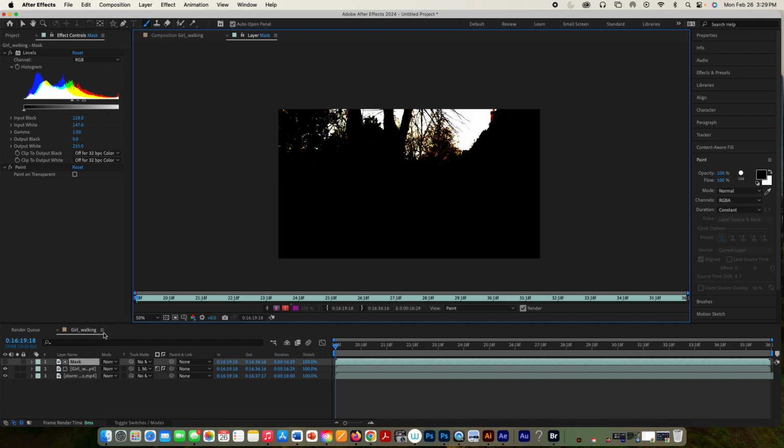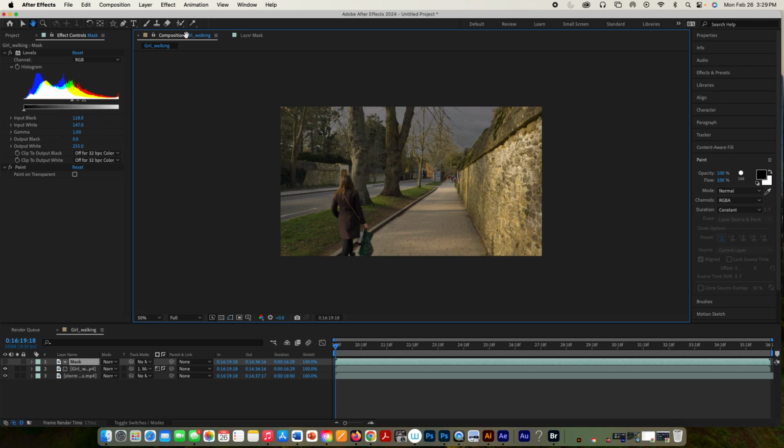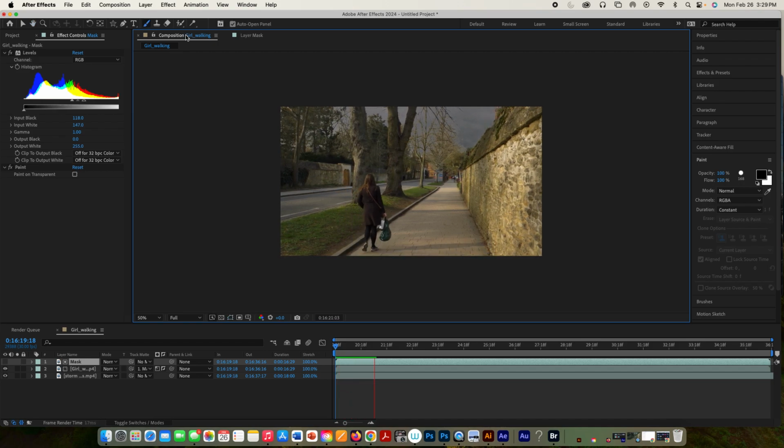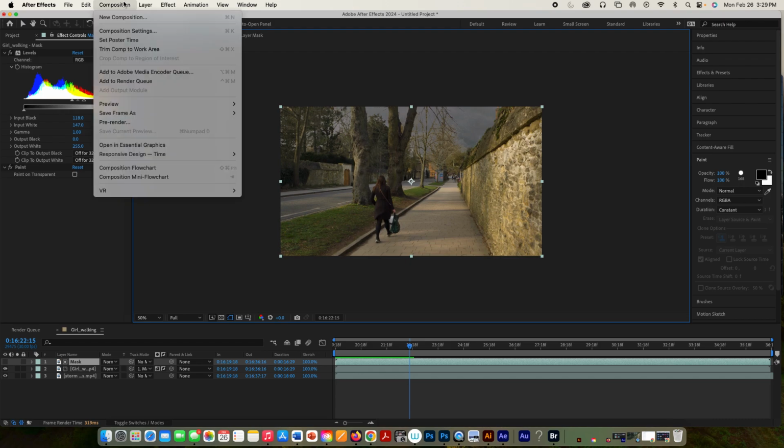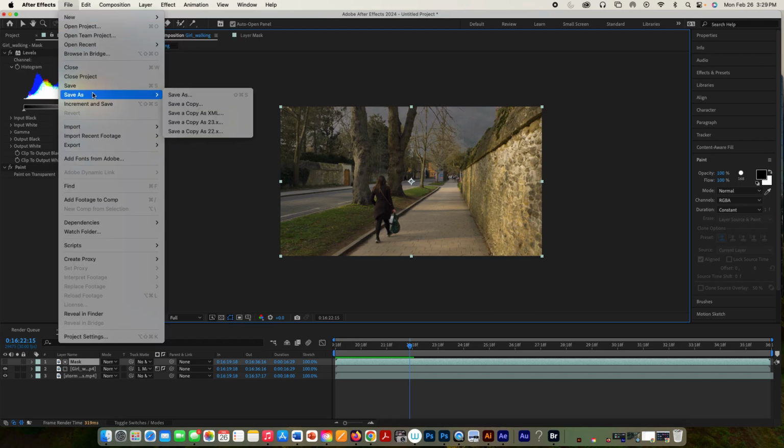But anyway, let's go back out to our composition here by clicking up here where it says Composition Girl Walking, and that will be great for what we've done. So the next thing we need to do is render this out. We're going to add to render queue. Well, first thing, we could save this if we ever need to go back to it. Okay, so we'll save as,